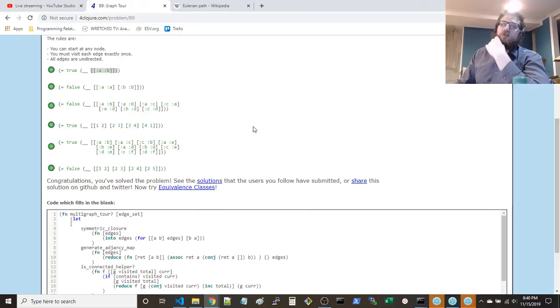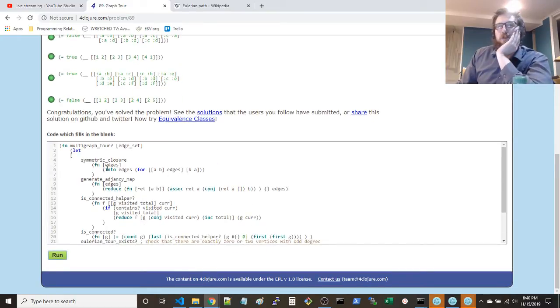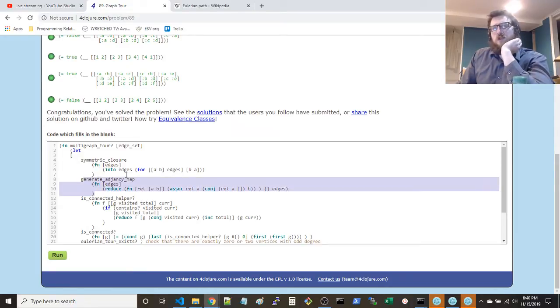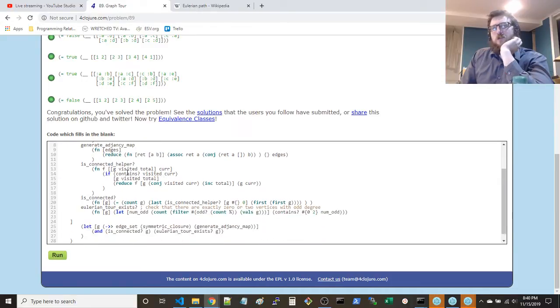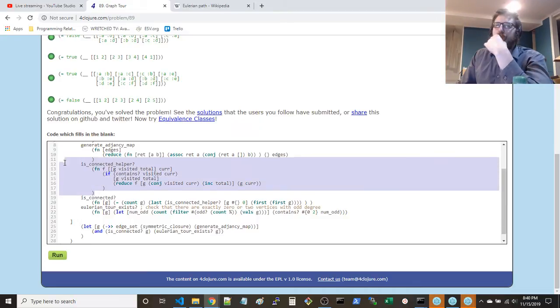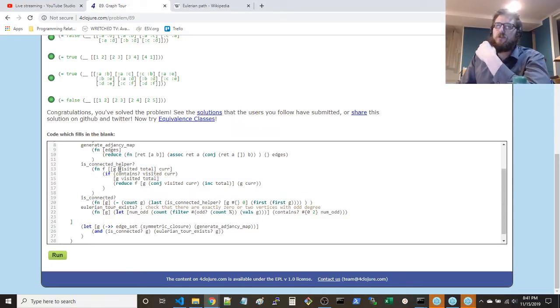There's a few solutions to this. I'm not going to go over them, but I'll just explain how I did it. I made a symmetric closure over the relation, the binary relation, and created an adjacency map out of that symmetric closure. I used a depth first search to check if it's connected, just by counting the nodes.